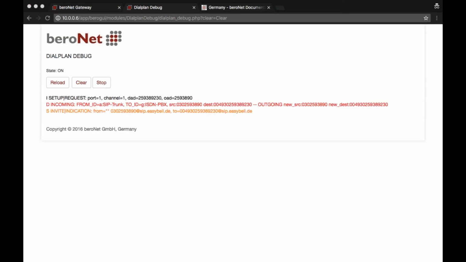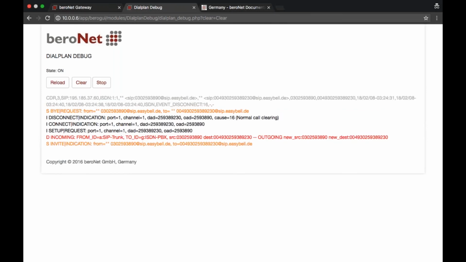Looking at the display, now I have a number, fantastic. Go ahead and answer it. Hang it up, reload, fantastic. Okay, so now we can see here that in the OAD, we now have a number, and the